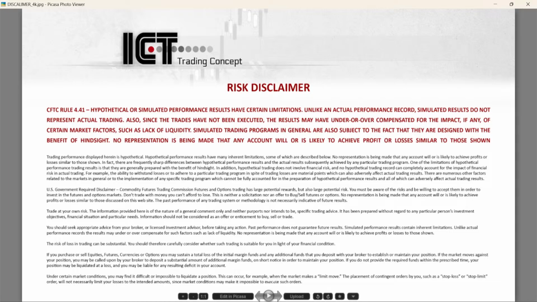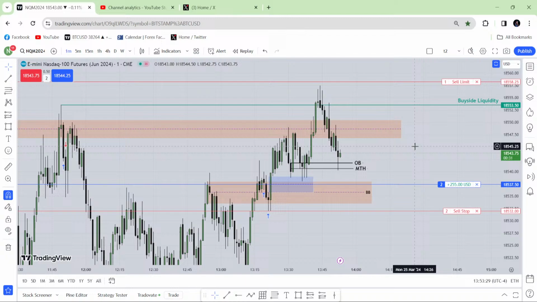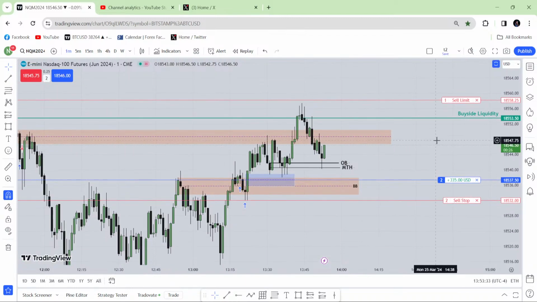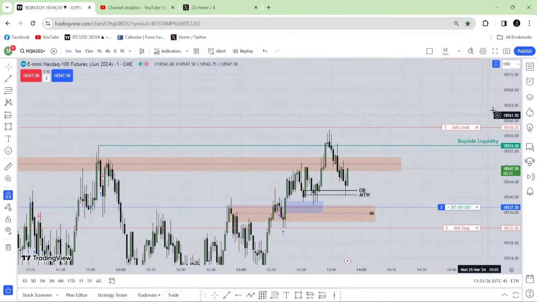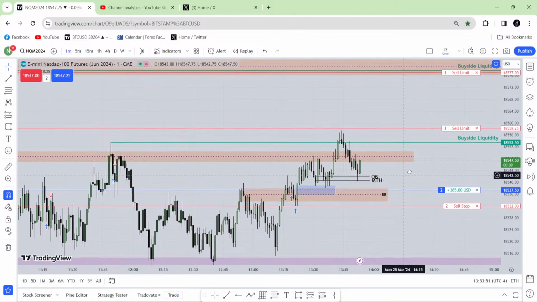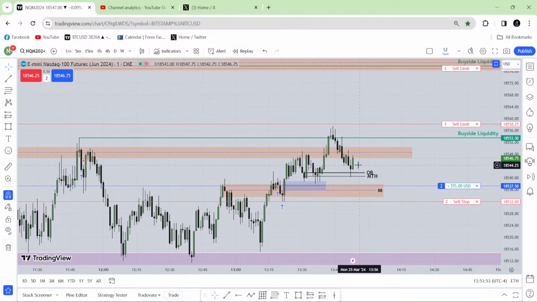I don't have the time to spend over here. I have to come here because I took an entry, and I need to see how it is working. Okay, so yeah, I will explain everything. First, let it finish. I took the entry to the breaker block. Market came here, didn't hit my target profit by maybe one or two handle. And then it came here, and now I'm in a very tense moment because